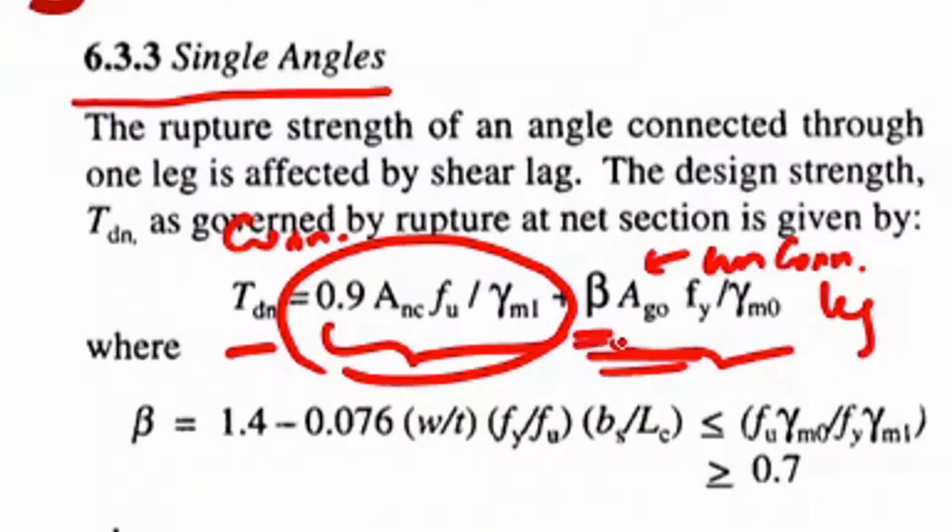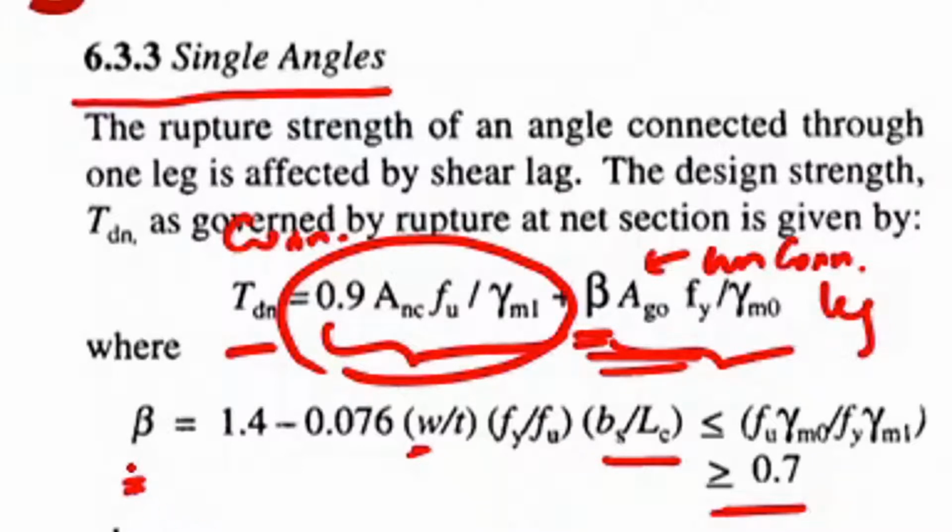So here the value beta is given: beta equals 1.4 minus 0.076 into w by t into Fy by Fu into bs by Lc. The beta value has to be less than or equal to Fu multiplied with gamma M0 upon Fy into gamma M1, and also the beta value should be greater than or equal to 0.7, where w is the outstanding leg width. Let's see all those in detail